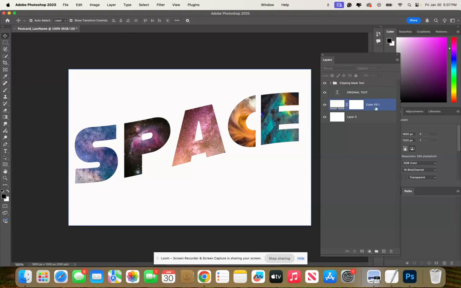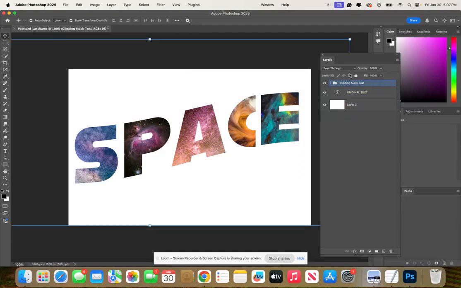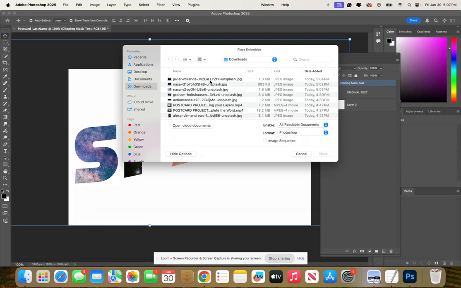All right, here's my layer mask right here, but I'm going to go ahead and delete it. I was just showing you. I know some people like to have a different color for their background. I'm going to place an image on my postcard. So I'm going to click File, Place Embedded, and let's see,